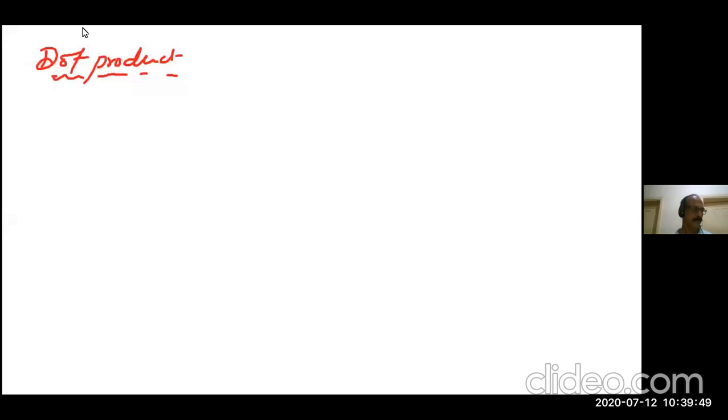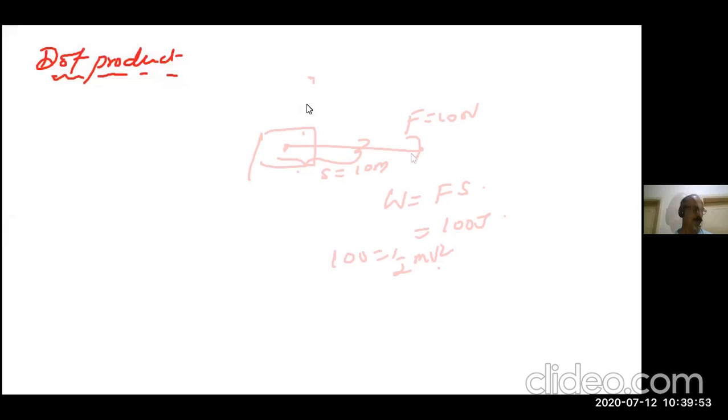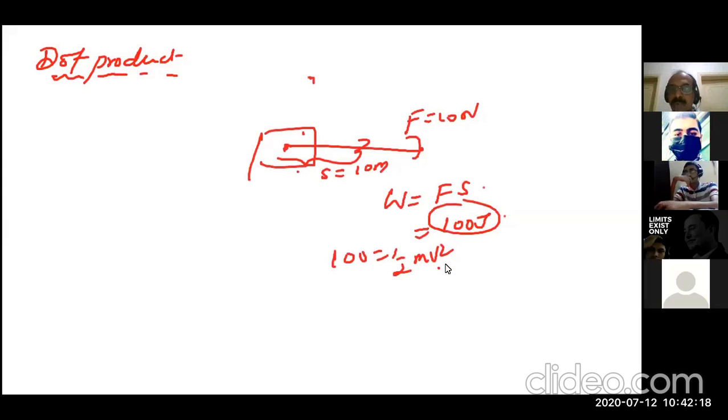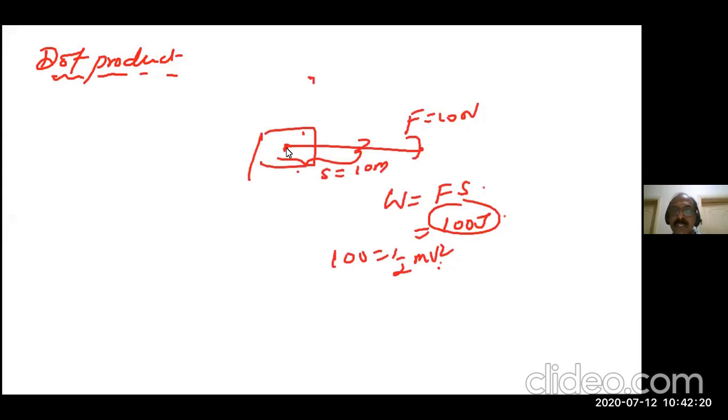Now I'll tell you one example, then only you will understand what is vector product. Look here. From here we can calculate the velocity of this object. What I'm telling you is, when we are doing work, what effect it produces. I can easily explain that with speed, because speed you are all familiar with. So we can calculate velocity here.